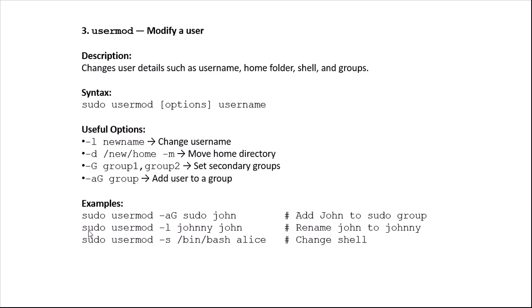And sudo usermod -l johnny john renames john to johnny. And third is sudo usermod -s /bin/bash alice,